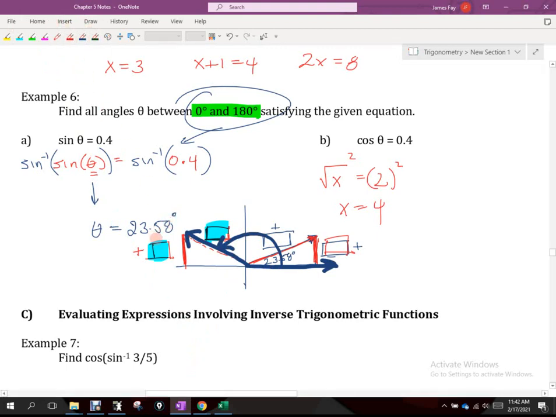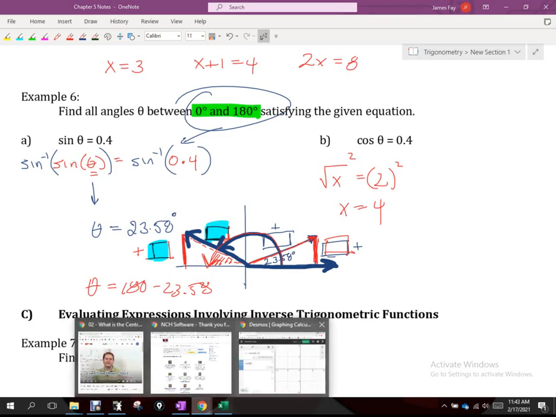180 minus 23.58. Okay? Because we can take that 23.58 and it's also that angle right there, right? Using reflections. Okay? And if that blue angle would go all the way down to the x-axis here, that'd be 180 degrees. But I want to stop 23.58 degrees short of that. So theta is also equal to 180 minus 23.58. So that turns out to be,